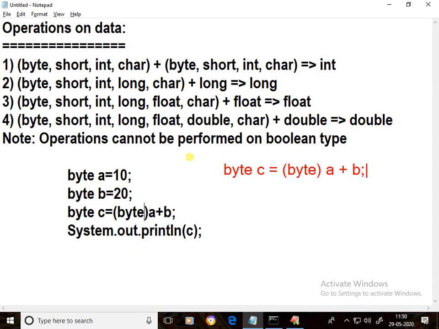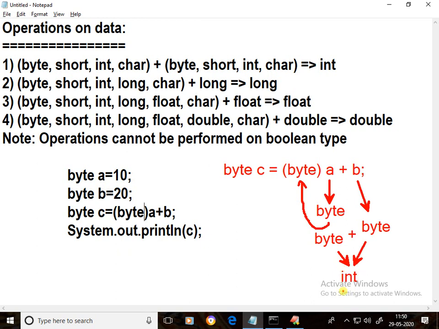Here a is a byte type. But what we are doing here is converting a into byte. A is already byte, again we are converting into byte, then again byte only comes. Here b is also byte. Again byte plus byte, result is integer.